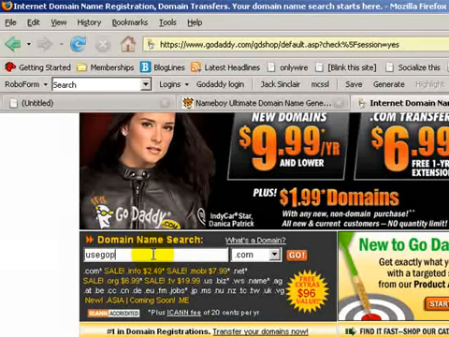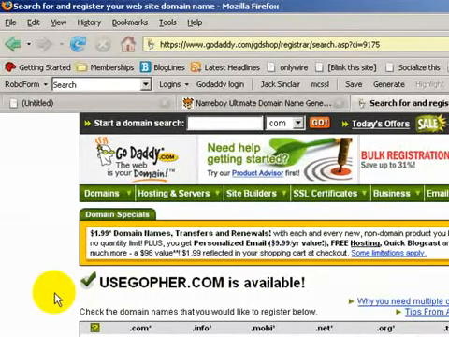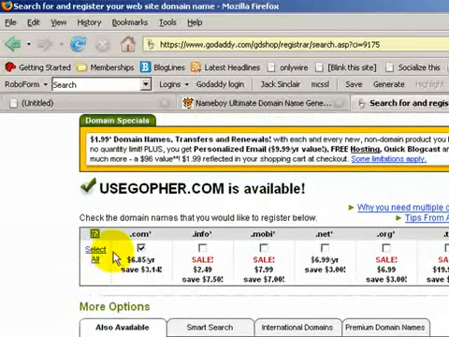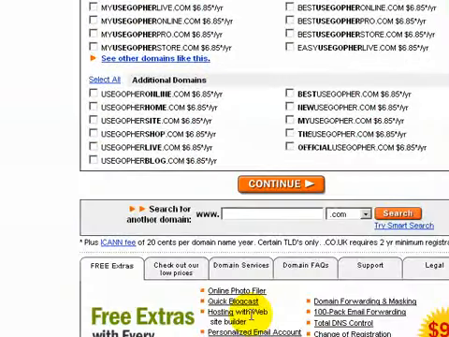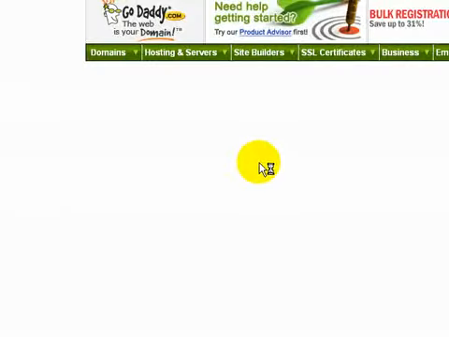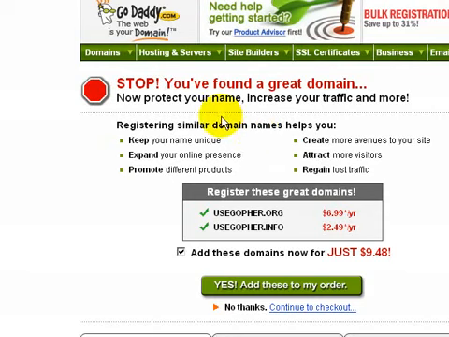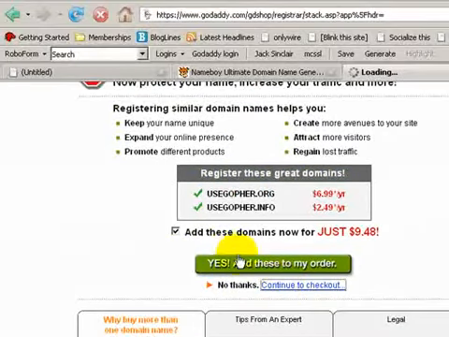Use Gopher. And we say search. And oh my God, look at that. It's available. That's the magic of Nameboy. It is available. Okay. And you scroll down, and you don't do any of this other fancy stuff. Just go down and click continue. It'll say, hey, do all this stuff. You always say, no thanks, continue. You don't want